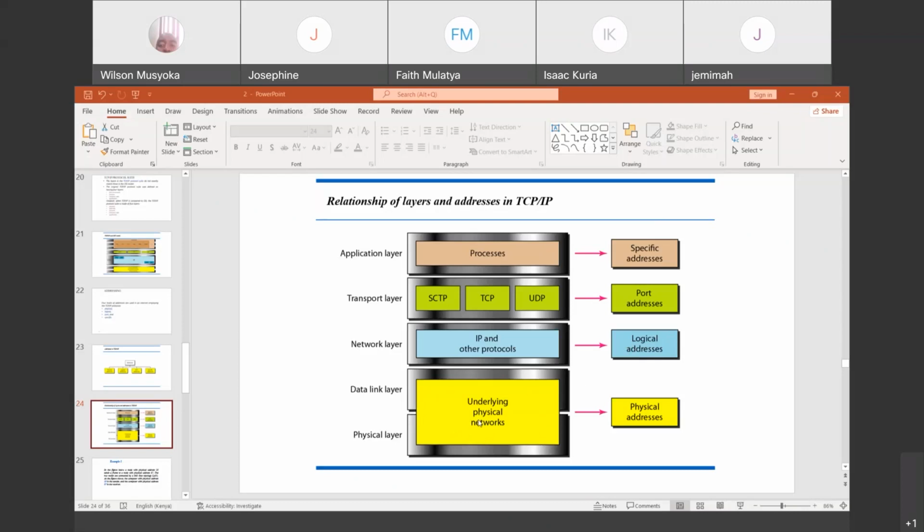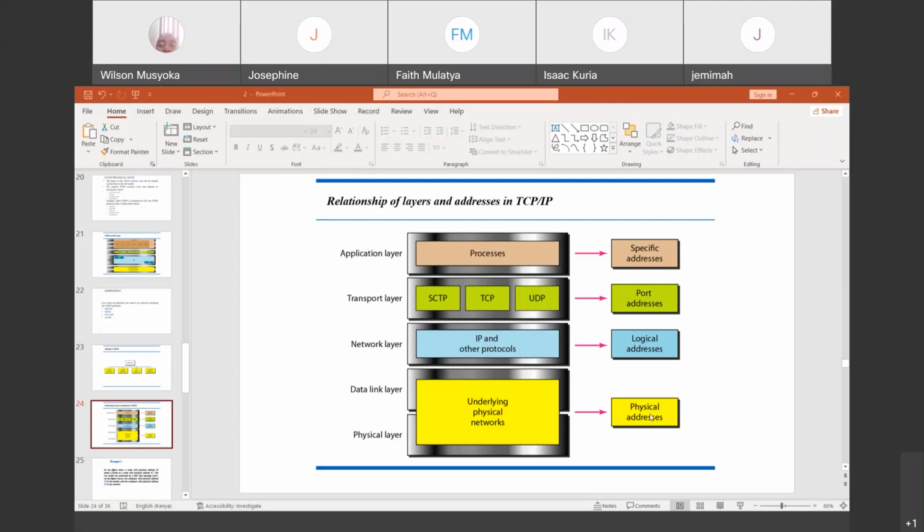Like we have said, even the topologies are going to be different. You find that one network has been designed using the star topology, which is very common. Another network can be designed using the bus topology. Another local area network is designed using maybe the mesh topology and so on. So those different physical architectures are going to be common for that particular local area network. But for the devices in that local area network to communicate globally, they will require the logical addresses, or the unique identifiers we call the IP address.